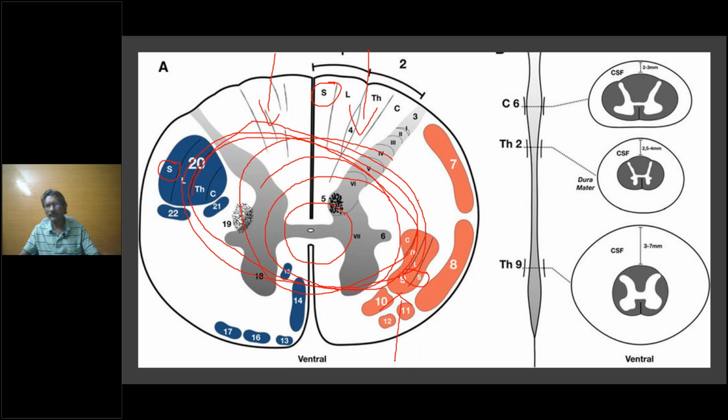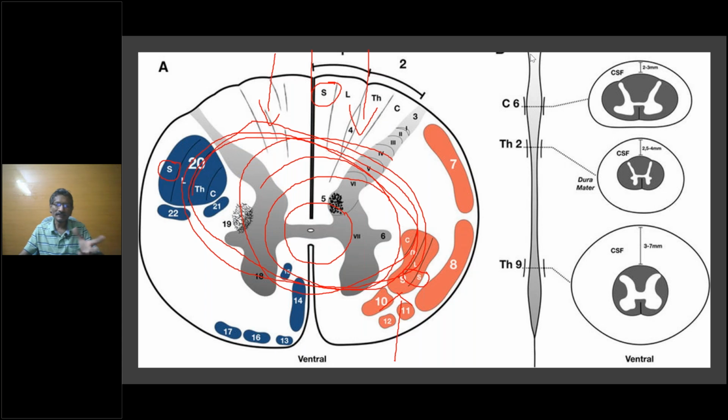Okay, so it depends on where the lesion is originating. If it is originating from the center and expanding, then this is going to be spared. On the other hand, when it comes from the anterior part, then the sacrum is going to be affected here. The posterior-most, medial sacrum will get affected. So try to understand, don't apply the phenomenon of sacral sparing universally. It depends on the lesion.